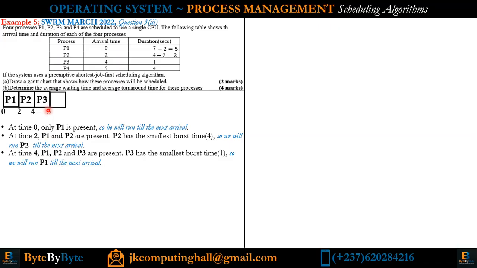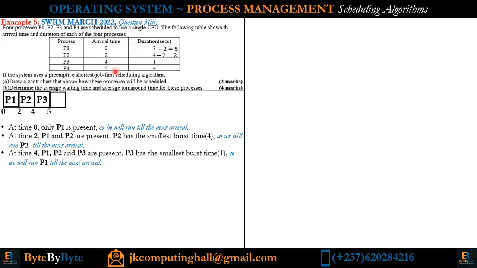Unfortunately, the next arrival is only after 1 unit of time. So that is why you have P3 here from 4 to 5. In case this was from 4 to 6, you see that it is 2 units, whereas P3 needs only 1. It means that, as in the first example, I'm going to run P3 from 4 to 5, then the other